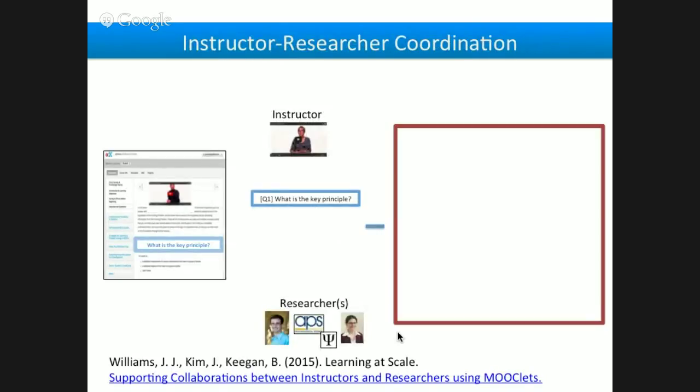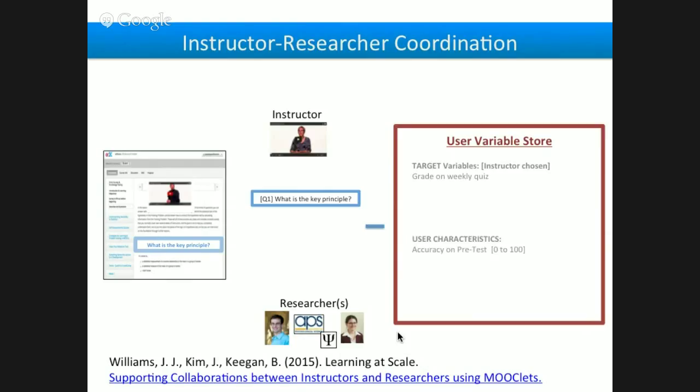Okay. So I just want to close off now, but as I mentioned, it's about making it easy for instructors and researchers to collaborate, because they can designate these modular pieces. Like, is it the questions underneath the video you're willing to let someone experiment with? Is it the explanations? And the instructor can actually say in this framework, well, I would really like you to maximize grade on the weekly quiz,